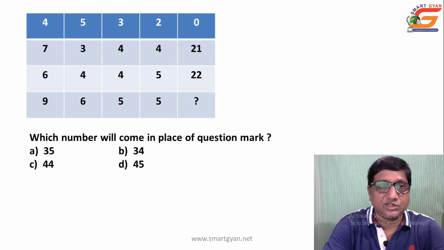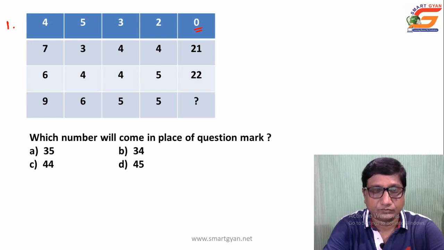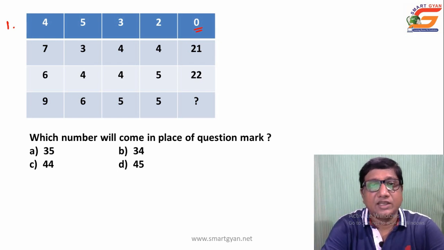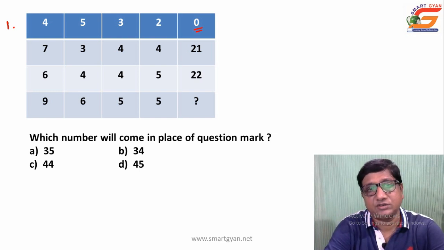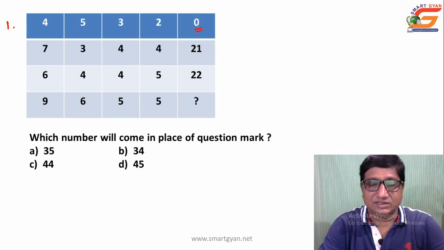So if you consider row wise, first consider the first row, and take the last column, 0, as the resultant figure. Then you have to operate these 4 figures 4, 5, 3, 2 to reach 0. How is this possible? You have to take different possibilities. 4 plus 5 is 9, minus 3 plus 2, 6. No, it is not coming like this. You have to take different possibilities orally, without writing anything. It is not that you will write everything and calculate.